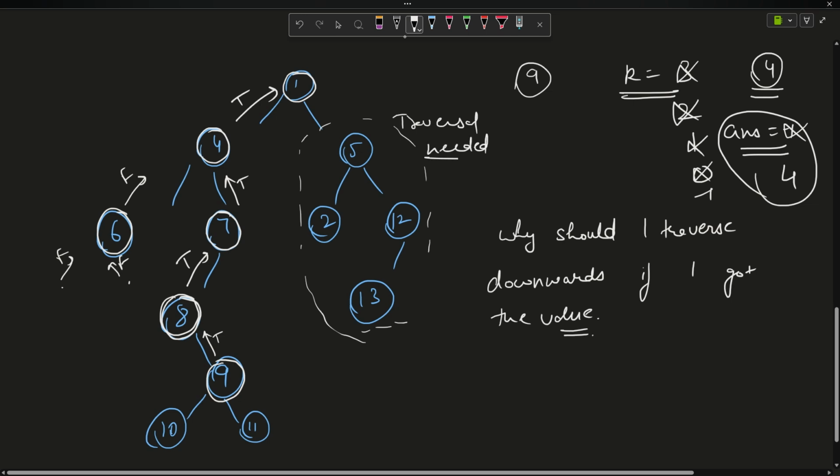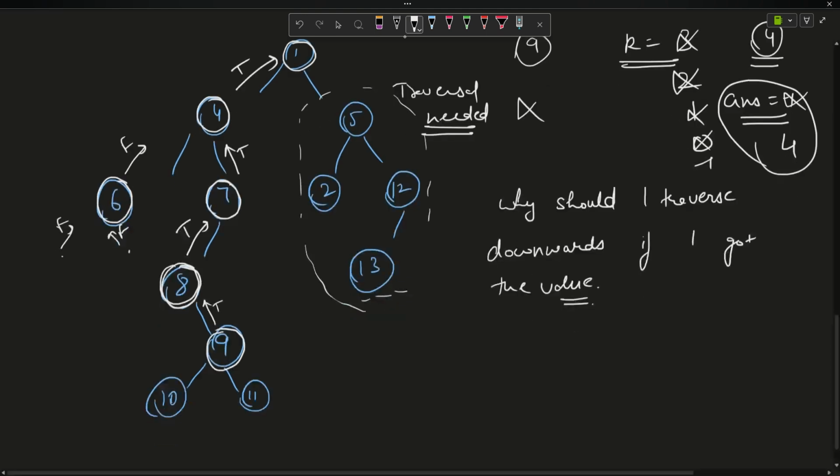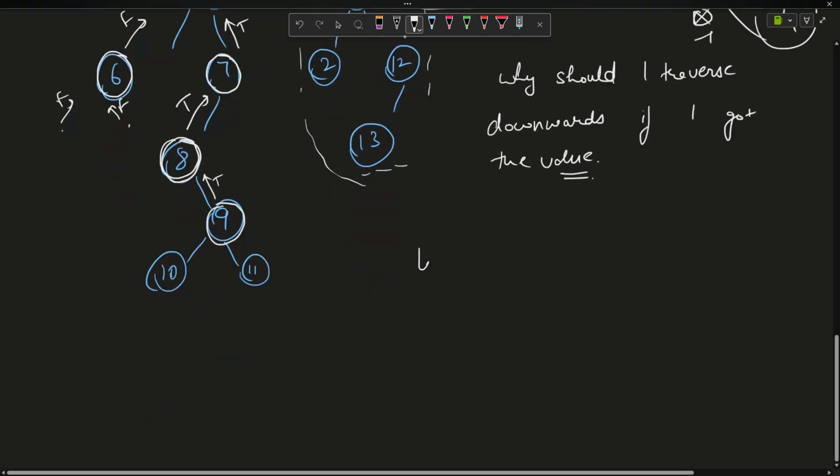My question to you is, is this traversal needed? The answer is strictly no. If I got the true from one side, why should I actually travel to the other side? I know the answer lies here, right? So what is actually happening is we are actually looking for the value of the node,